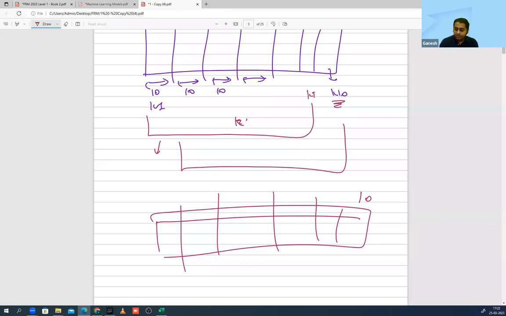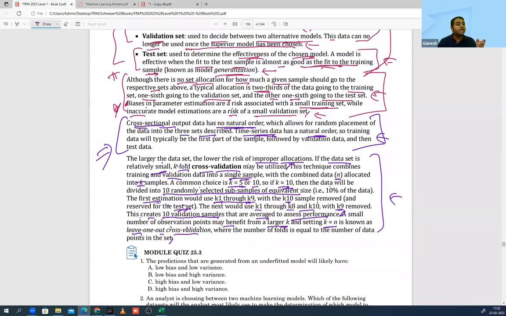If I go to this, do you see K is equal to N? What was K? How many buckets I am creating? K1, K2, K3. What was my N? Total data points. So if my data is very, very small, I'll do the same process जो मैंने पहले किया था, but buckets उतने ही हो रहे जितने मेरे N हैं, because the data points are very small. Where the number of folds is equal to the number of data points. This is one more way of doing the solution.